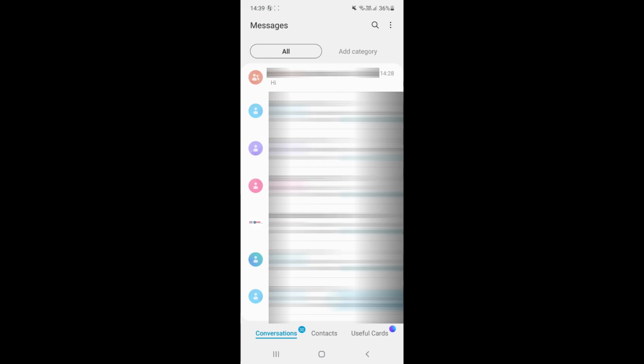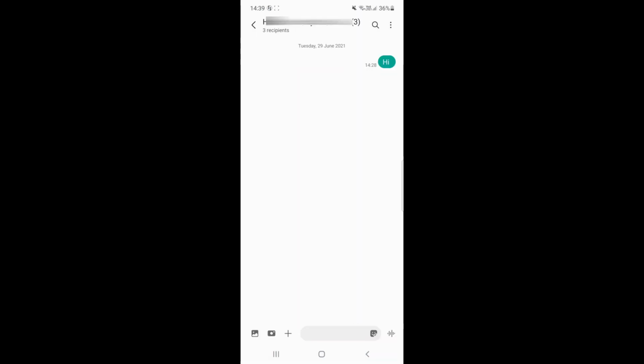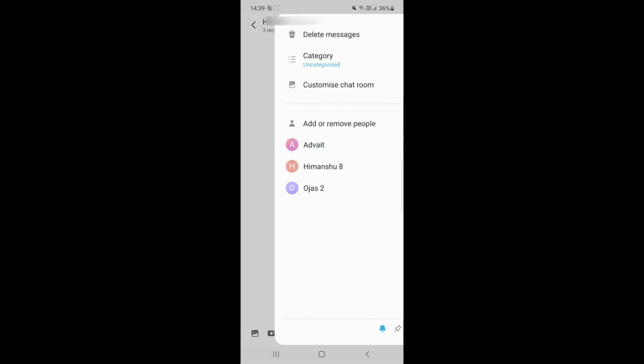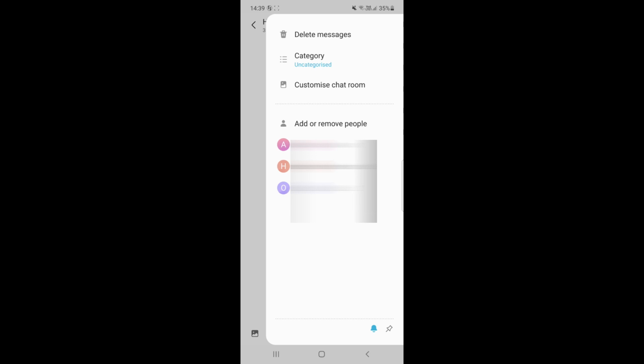Within the group chat, tap the chat menu button, the three lines or the squares on the upper right side of the screen, then tap on Leave chat located at the bottom of the screen, and tap Yes when you receive the leave chat alert, or you can simply delete it.